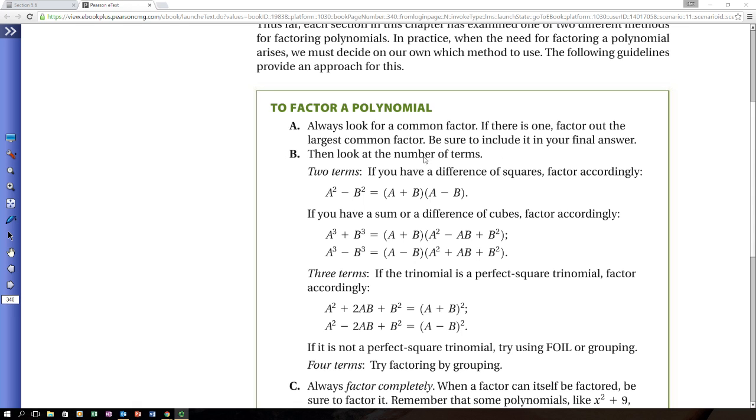I think I've said that several times in other videos, and the book brings it up over and over again. You want to make sure you look for the easiest kind of factoring first, which is that common factor. Then after we've done that, we look at the number of terms. So if we have two terms, like in this case, I have something like a squared minus b squared,